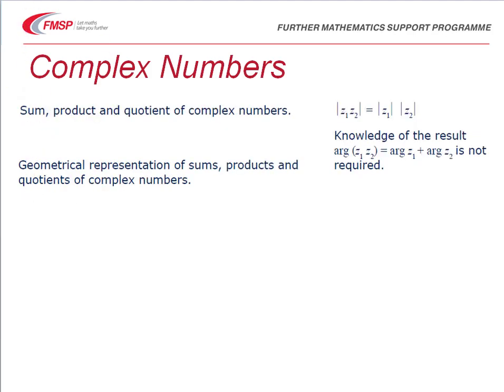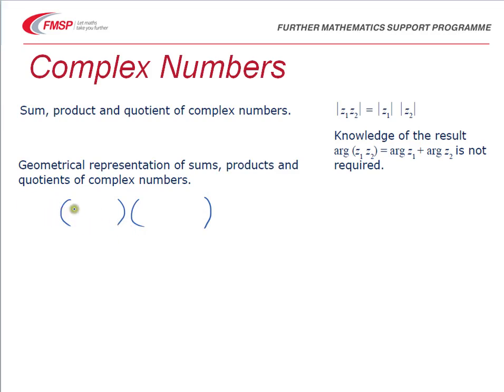The specification goes on and asks us to be aware of how to sum and obviously subtract, the sum and difference of complex numbers, and then the product and quotient. Sum and difference is simply a matter of adding the real parts together and the imaginary parts individually. The product of two numbers is done by